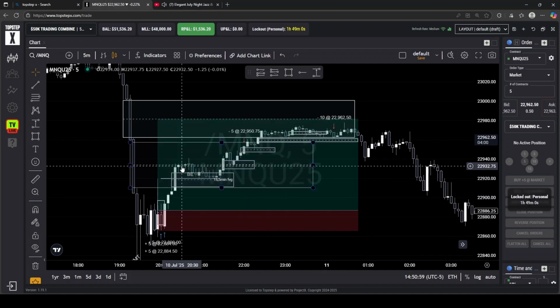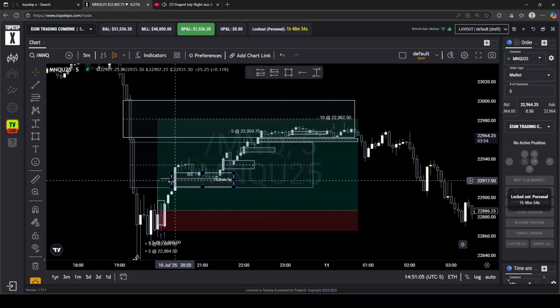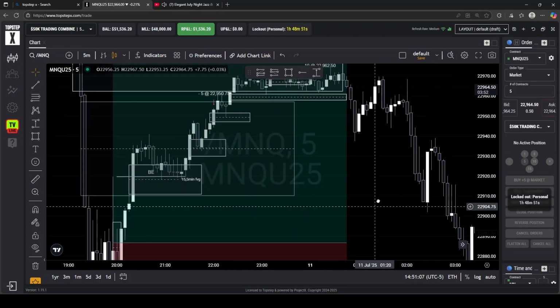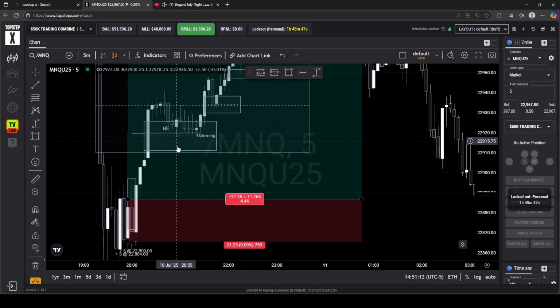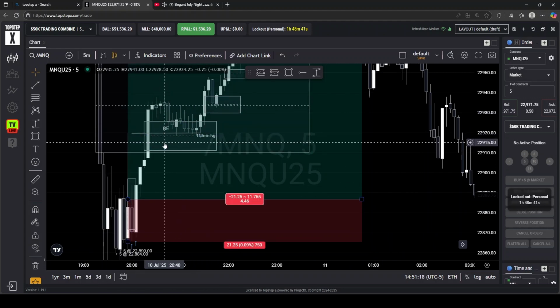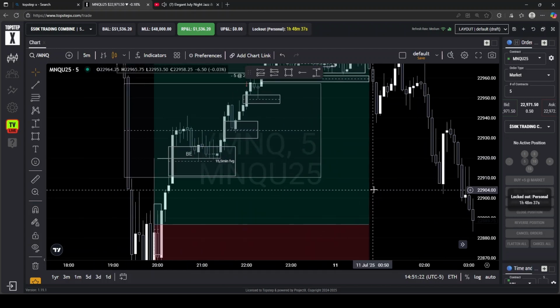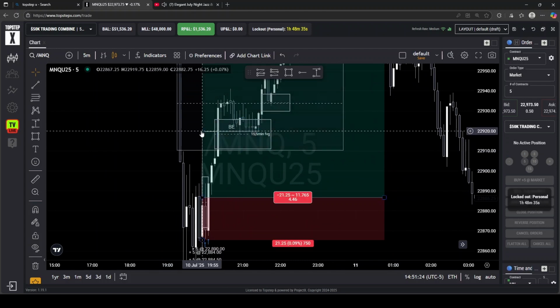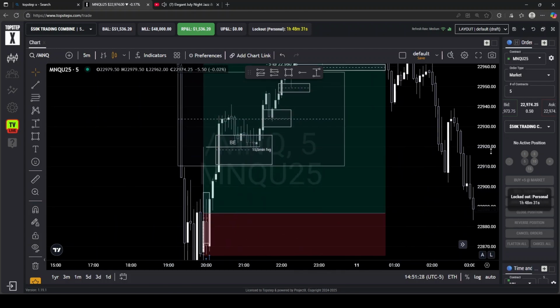So as you can see, it tried respecting this 5 minute, it tried going lower after, but it also created this 5 minute on the way up to that one. Created a 15 minute paired up with a 5 minute. So 15 minute and 5 minute, they were both pretty equal. I did set break even point after we took out this wick. I set my stop loss to break even for a risk-free trade.